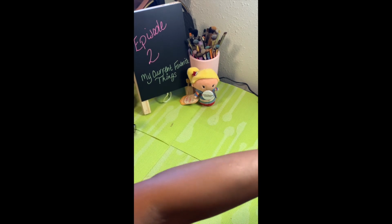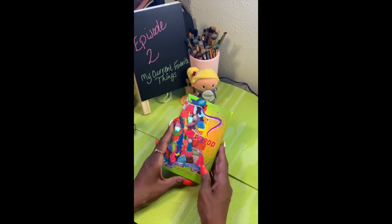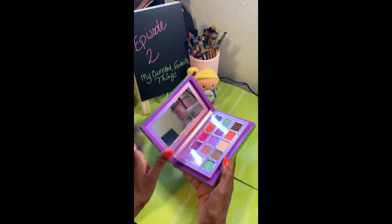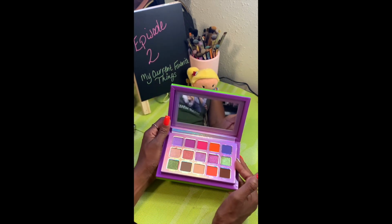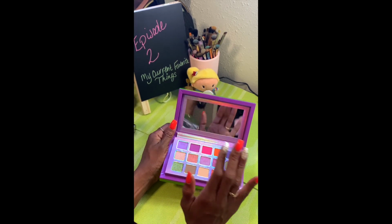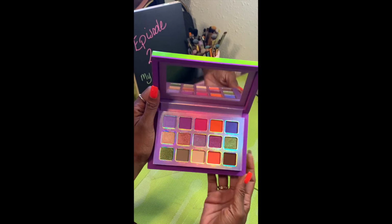Let's get to some eyeshadow. I haven't talked about any eyeshadow yet. The Kaleidos Escape Pod palette. Out of all the palettes I've gotten recently, other than my palette of singles, this is probably the one I've reached for the most. Oh, there I am. Hi. Okay. Anyway, this is probably the palette I've reached for the most as of late because it gives me